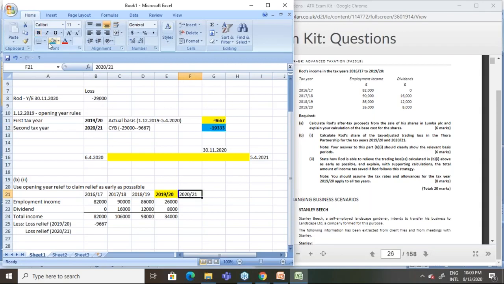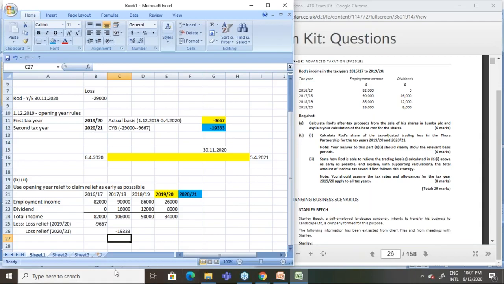So in 2021, you have a loss of 19,333, and you can carry back this loss through 3 years. 1, 2, 3. So you can't reach 16-17. Maximum you can carry back 3 years. So from 2021, you carry back 3 years, 19-20, 18-19, 17-18, according to first in, first out basis. So you have to start with 17-18,